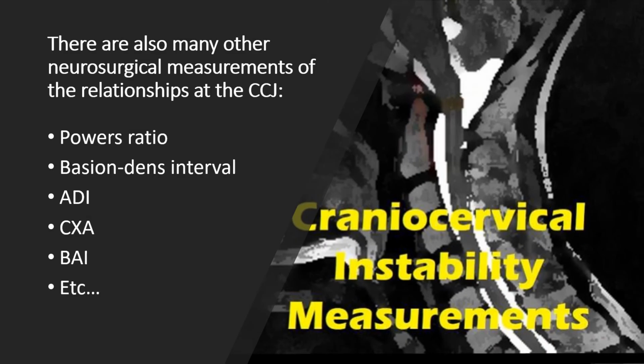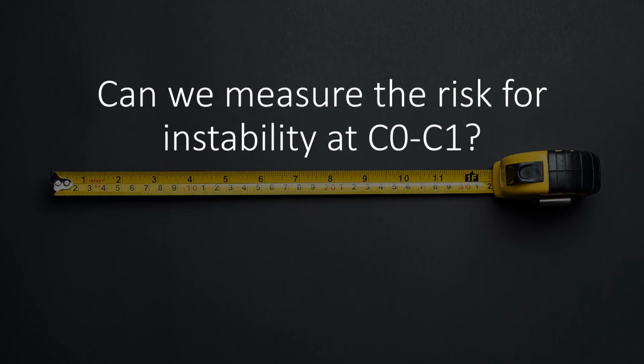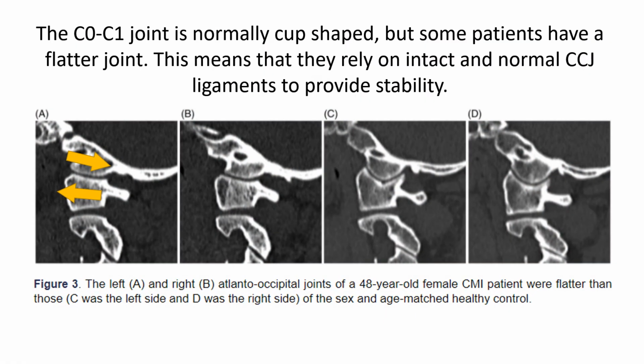And there's also lots of other types of measurements, not only to measure C1, C2 instability, but to measure the relationship of the skull to the dens and other things. But the authors of this initial paper talked about, can we measure the risk for instability at C0, C1, and how does that play into this whole syndrome that they're discussing with Chiari? So one of the things